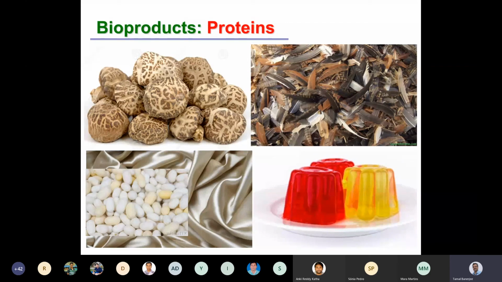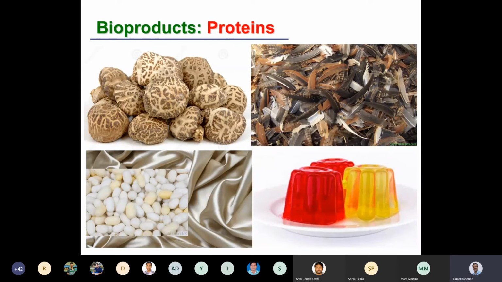We have silk from the silkworm. We have jelly, which is from collagen from many types of animals. Today the market of fish collagen is growing, and deriving gelatin, jelly, and so many options here for food and